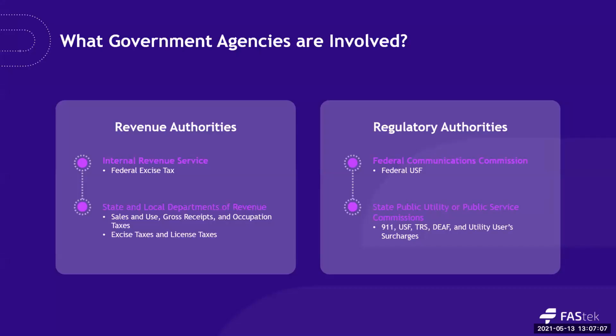There are basically 4 major government agencies that you're going to be working with. Our favorite, obviously, is the Internal Revenue Service. You'll be basically working with that organization. Also, the state and local government, the departments of revenue and associated taxes with those departments. The FCC, obviously, that everyone needs to be compliant with.